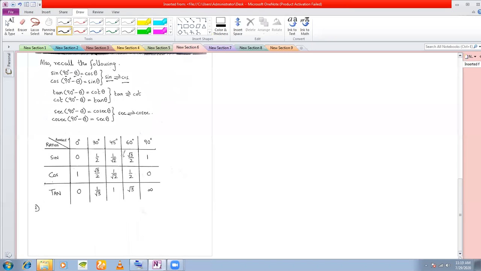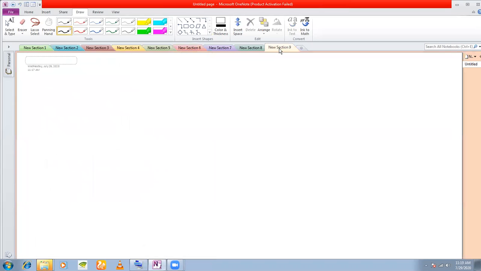And of course, you have the complementary angle formulas, where sine will change to cos. Sine of 90 minus theta is equal to cos theta. If you want to change sine to cos, you have to subtract from 90. If you want to change cos to sine, you have to subtract from 90, and so on. Tan changes to cot, cot changes to tan, sec changes to cosec, cosec changes to sec. Now these formulas will not be applied too much. And of course, you have to remember the standard angles: sine, cos and tan of 0, 30, 45, 60 and 90. Okay. Now before I move on to the identities, Apurva, you tell me which question number you have confusion in.